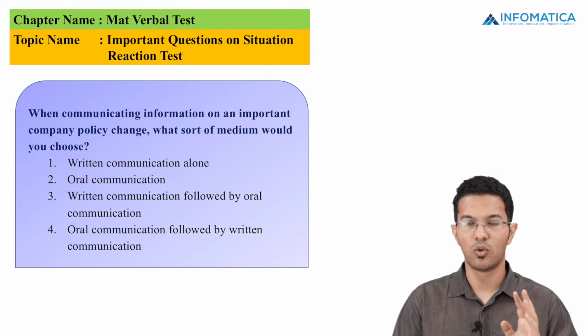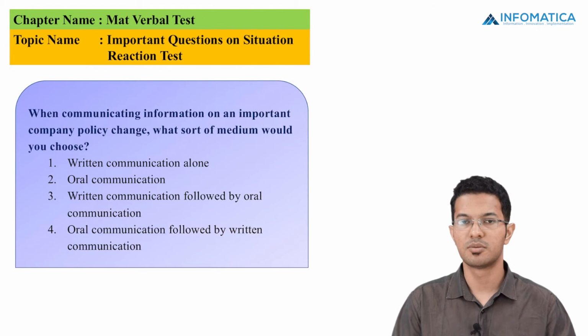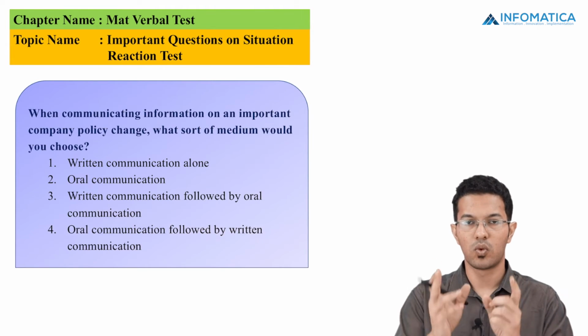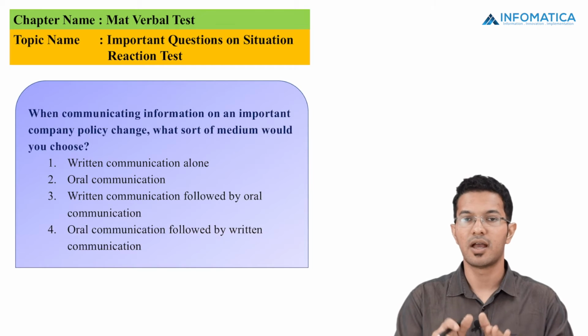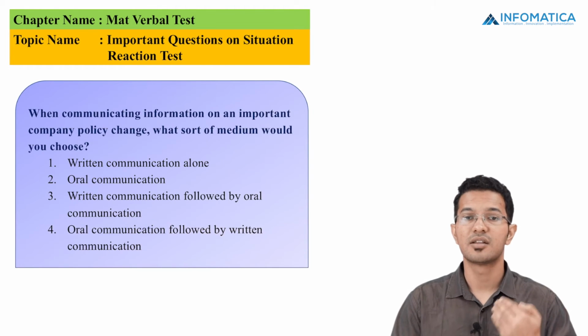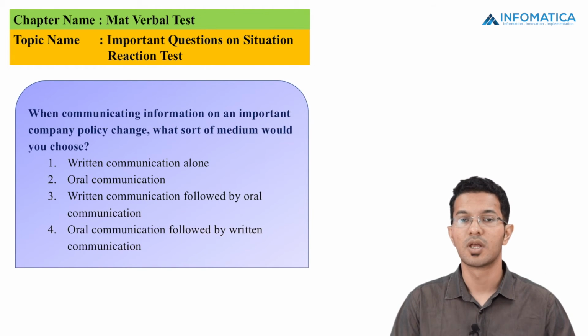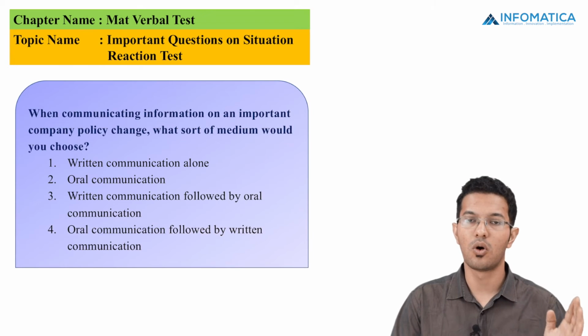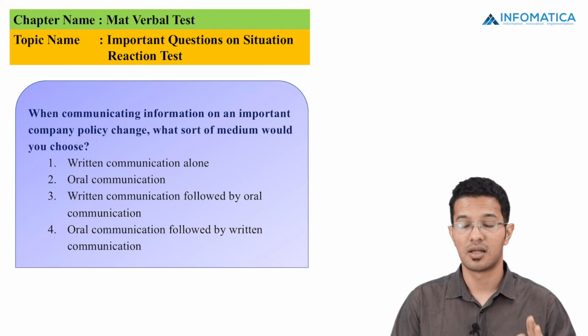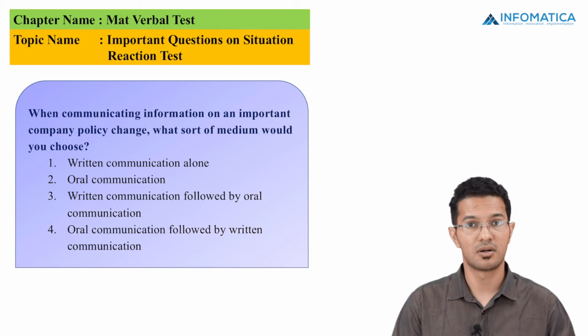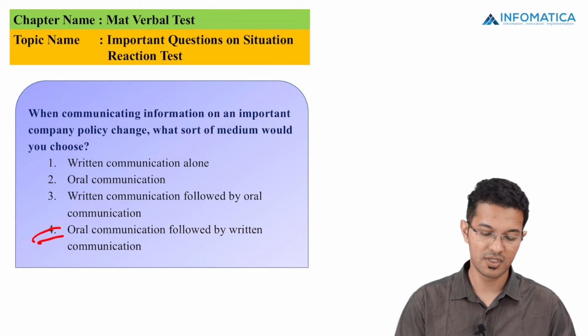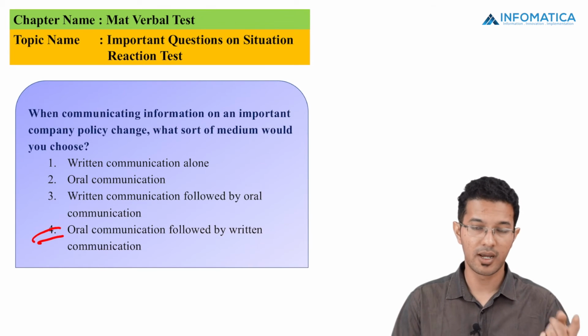Come to a point where both the parties, which is you and the opposite party, come to one kind of a conclusion and we agree to it, and then it is followed by a written communication. Like whatever the conclusion is, it will be written, and this conclusion will be going to all the parts of the company. Thus we can say that option 4 is the right answer, which is oral communication followed by written